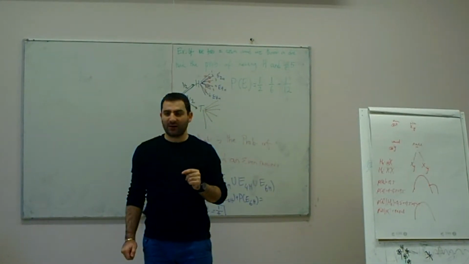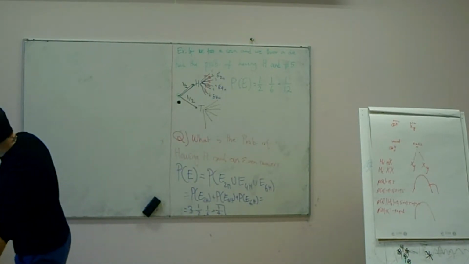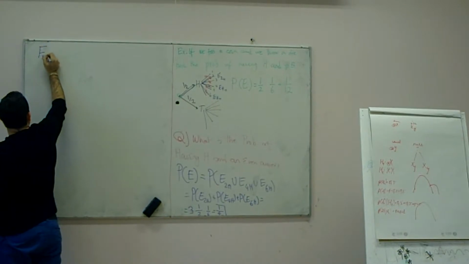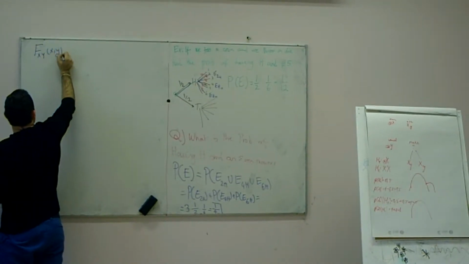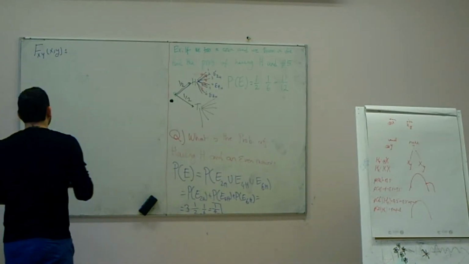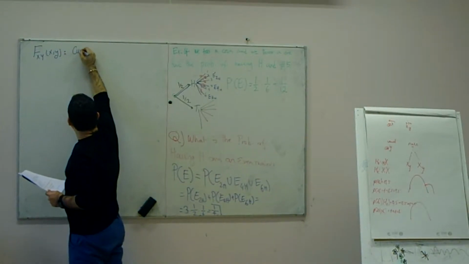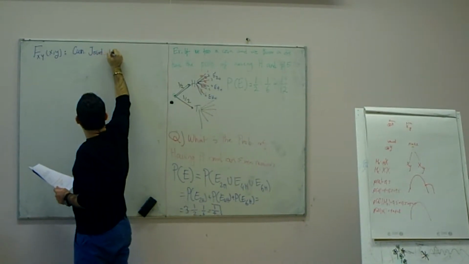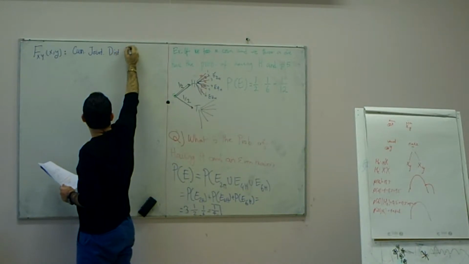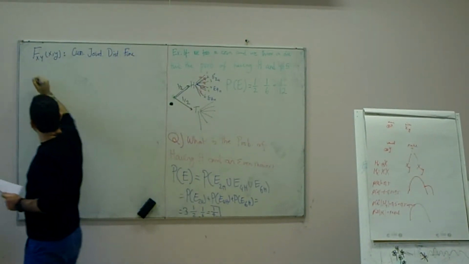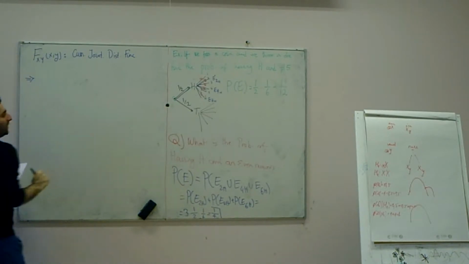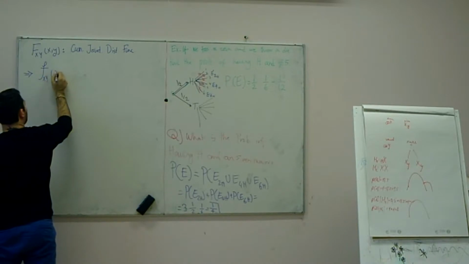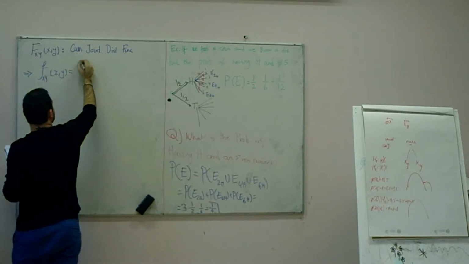Now, if we have the capital F of x and y to be the cumulative joint distribution function, then the joint density function can be calculated as f x and y of x and y is